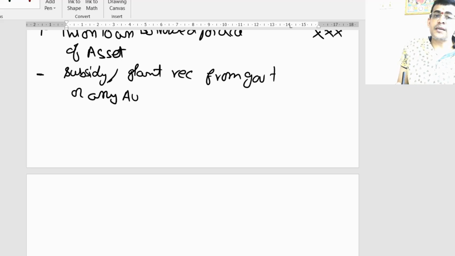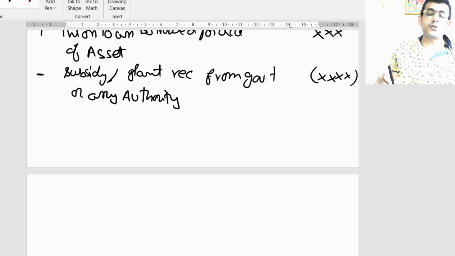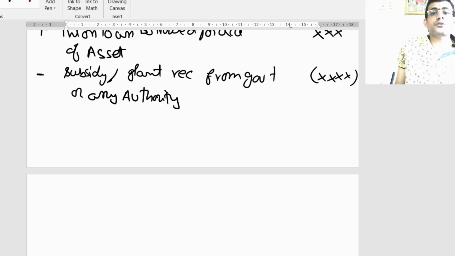It may not be government, any person, any authority, whoever is giving you some sort of subsidy or grant, that has to be reduced. And there is one more thing, of course, that does not have any significance after commencement of GST, because the next point says whatever SENVAT credit you have, either on excise or on additional duty paid on customs, that also I should reduce. Practically speaking, there is no excise and no SENVAT credit rule, so ultimately we can ignore that. The definition is not amended, but we can ignore the particular line.